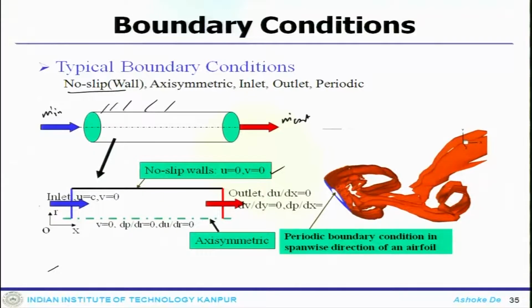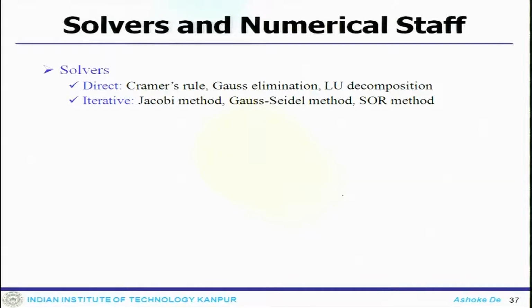Then if I solve the axisymmetric problem of the channel, that means if I cut through the half of the channel and put it here, then this particular boundary, the axisymmetric boundary condition, would be imposed. And at the outlet there will be outlet boundary conditions. It could be either gradient 0 or some sort of convective boundary condition if it is an unsteady problem. Now when you solve a flow around aerofoil kind of structures, along the span you use periodic boundary conditions. So these are the kinds of boundary conditions that you use.